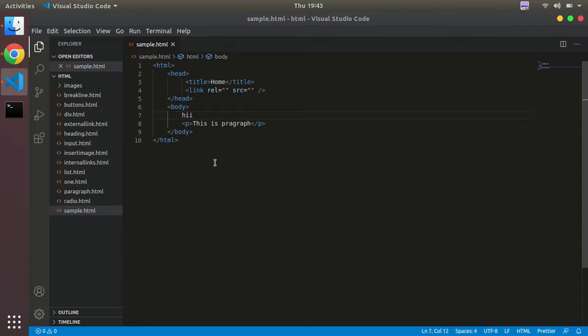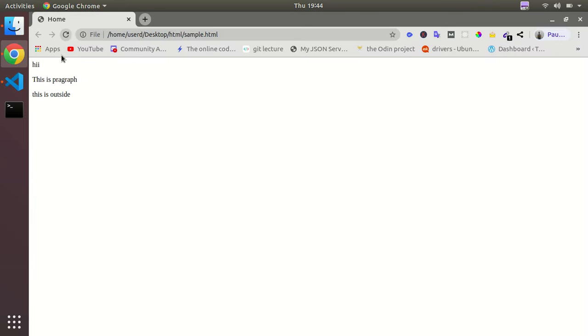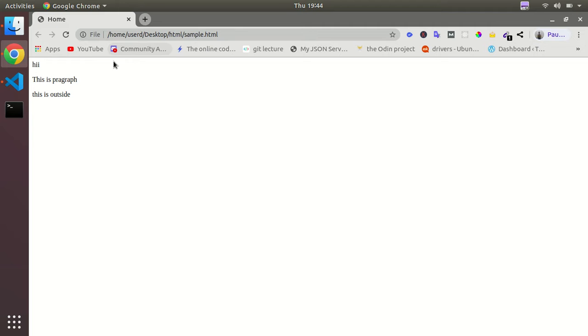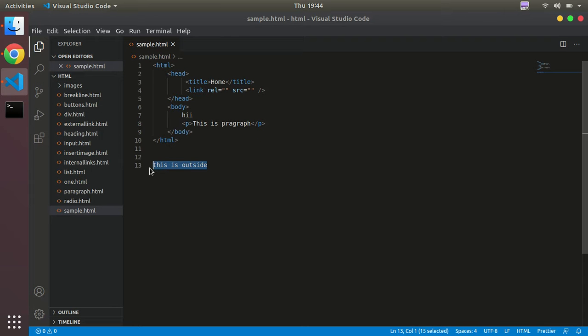Now of course, the text outside these HTML tags and other things, this is outside. You can also see that this will also be displayed on the web page, because this complete file will be fetched by the browser. So of course it will display, but it is not a good idea to use random text anywhere, because